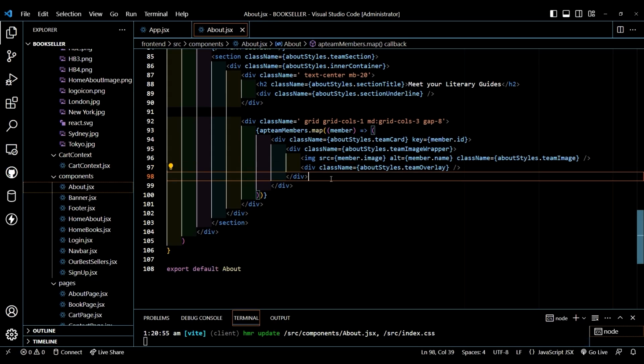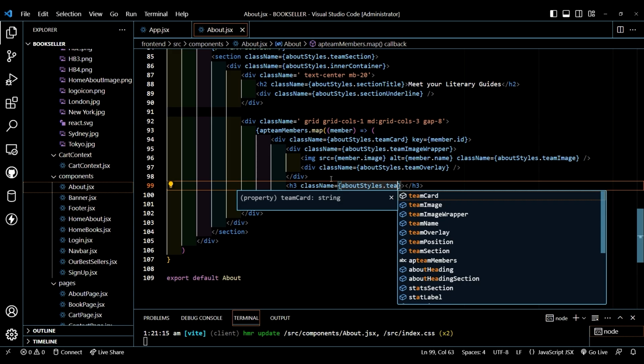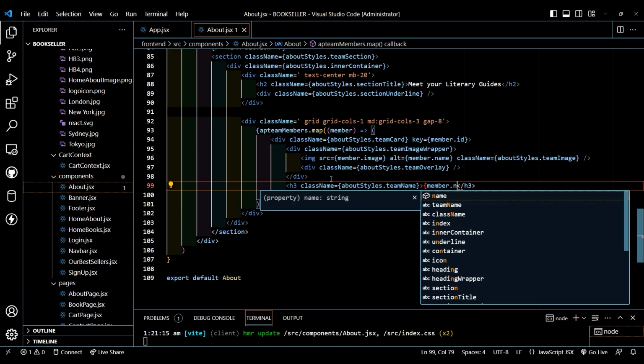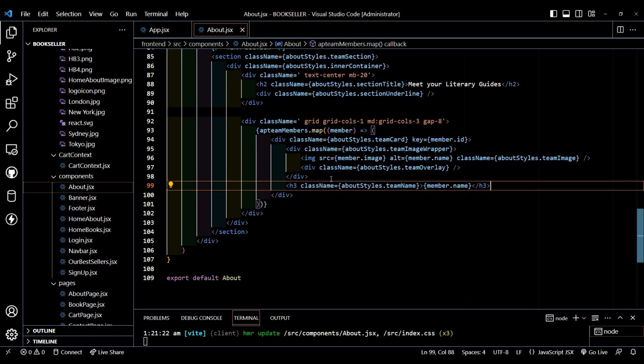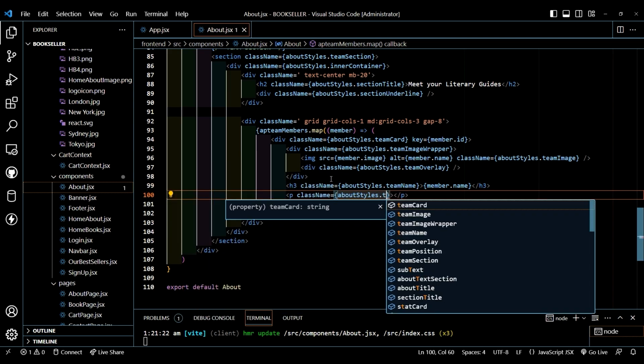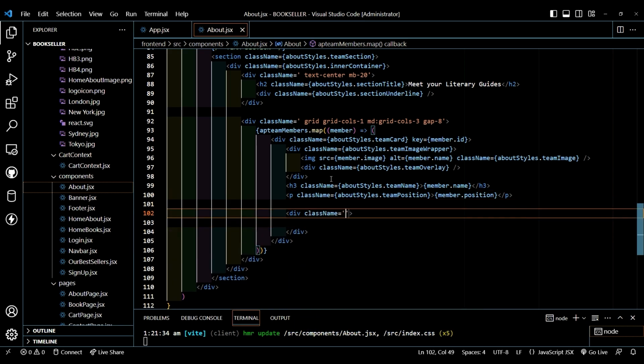Now after this image tag, after this div, give heading tag, give class name about styles dot team name, and let's pass here member dot name. Then after this, create a paragraph tag, give class name about styles dot team position, and in this member dot position. So now after this, create another div, give class name,